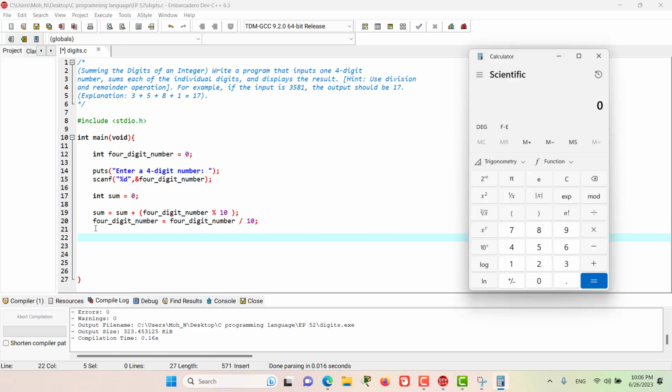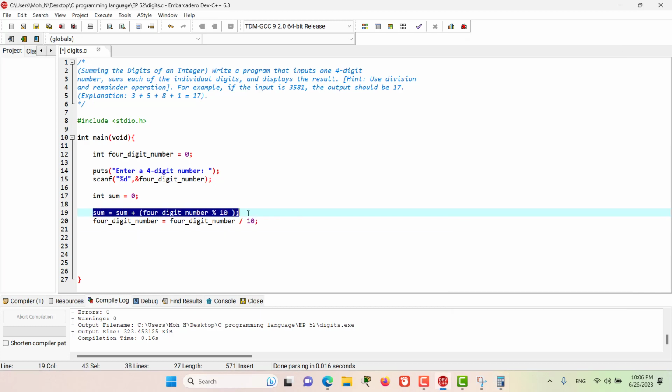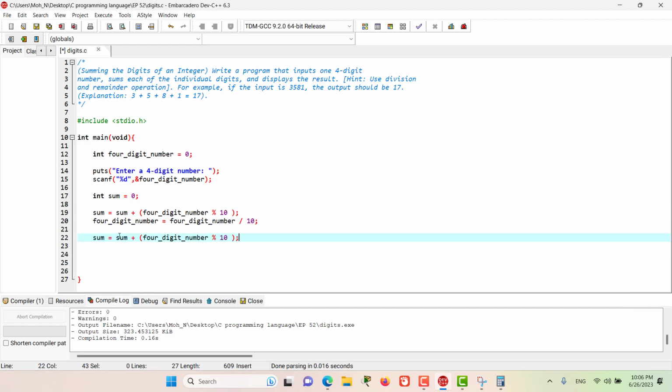Now that we have in the 4-digit number 4, 5, 6 and the 7 was omitted, if I divide it by 10 and get the remainder using mod, now I get another digit, which is going to be 6, and I'm going to store that 6 in sum. So I'm going to copy this statement once again,